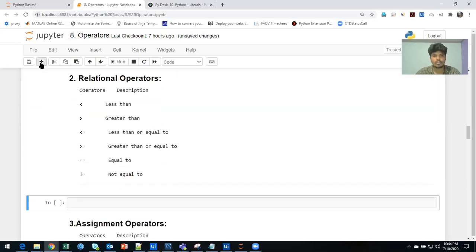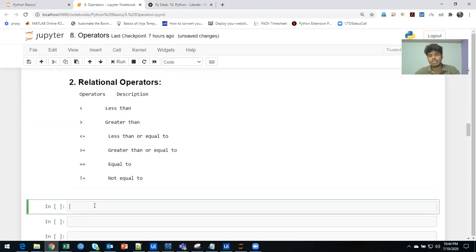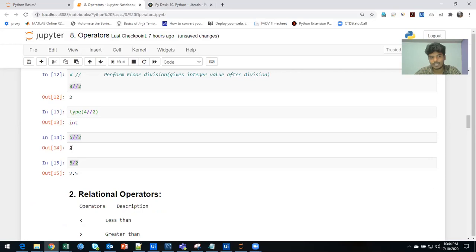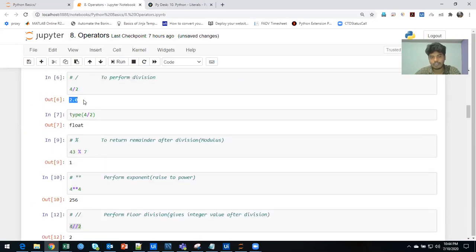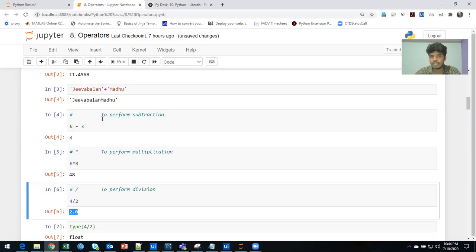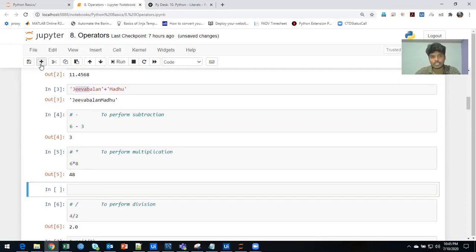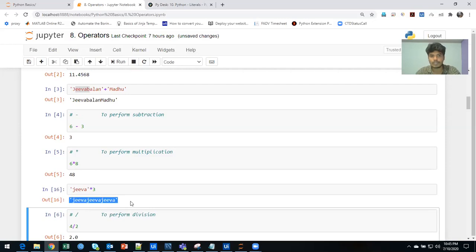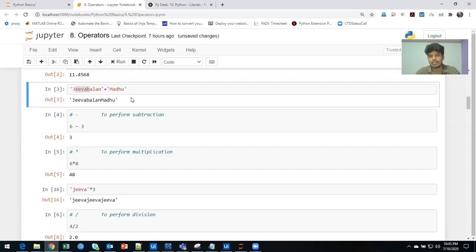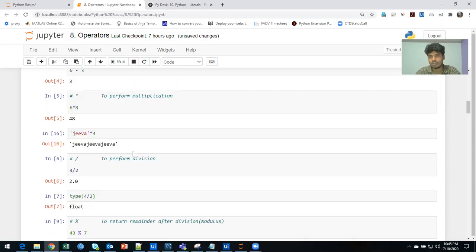So here we'll go with a few examples. So far, the output for arithmetic operators has been an integer or a decimal value, a float. If we concatenate two strings, the output is also a string. And if you want to multiply strings, say my name, jiva, and I multiply it by 3, we'll get jiva three times. That's how the multiplication works, and addition is simply like that. So this is how the arithmetic operator works. Basically the output will be either numerical or a string, right?